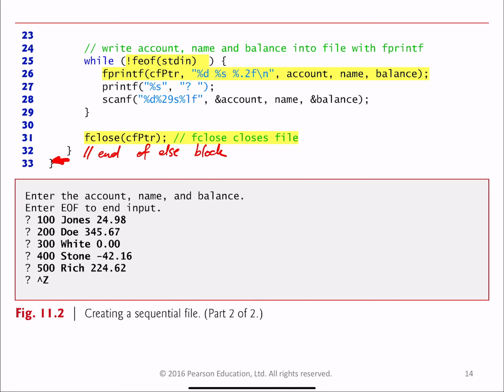And then we have a while loop over here because we may want to enter multiple accounts into this file. And the while condition for entering and continuing this loop is to check if what we have received from the standard input is or it is not an end of file character. If it's not an end of file character,